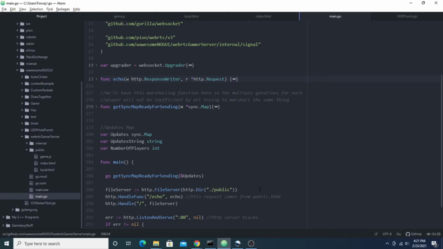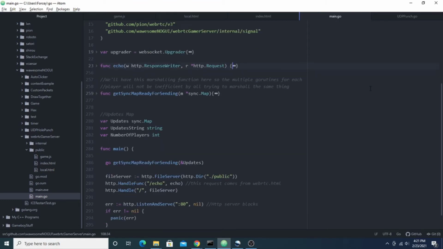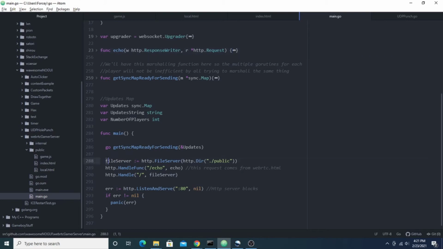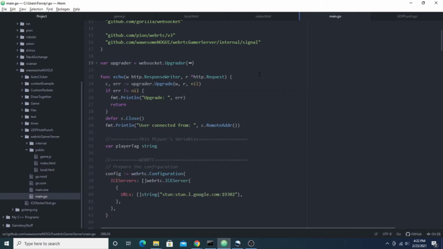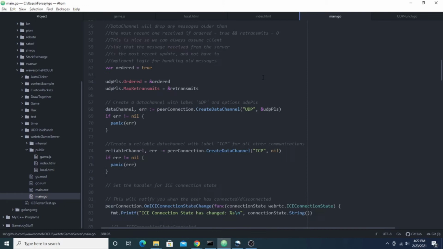So for our code here, we have a main.go file, an index.html file, and a game.js file. The job of the main.go file is to be a web server and serve all the clients the web page, which will be our game, and to be a WebRTC client through this echo function here. Now the big thing I need to show you all about the WebRTC client is that I went ahead and